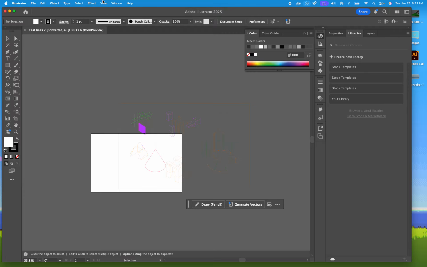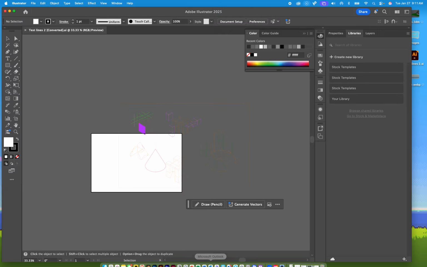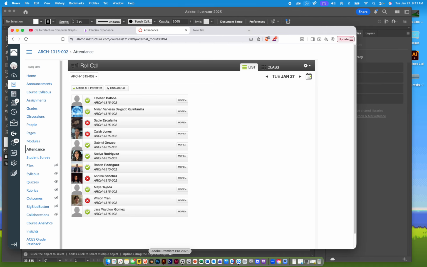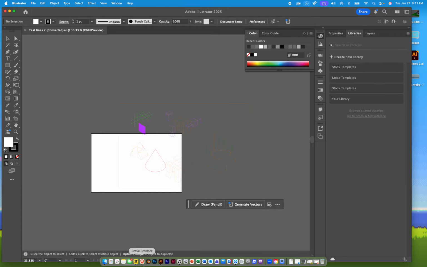Anyway, however, you'll see that one didn't even want to open, so DWG just gave up. Look at that. Illustrator could not open this file. It needs to be repaired. So I saved it wrong, or it just got corrupted. It happens, right? To be fair, I kind of want to see what it is, but for the sake of tutorial, let's move on because it's already getting to 30 minutes. Anyway,